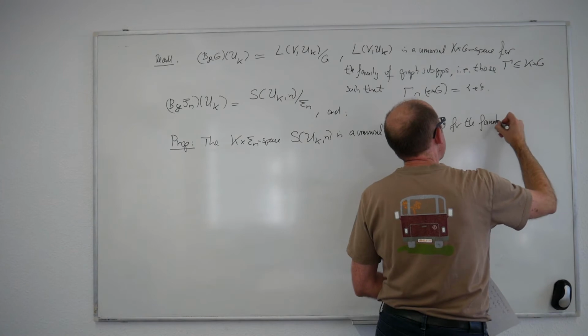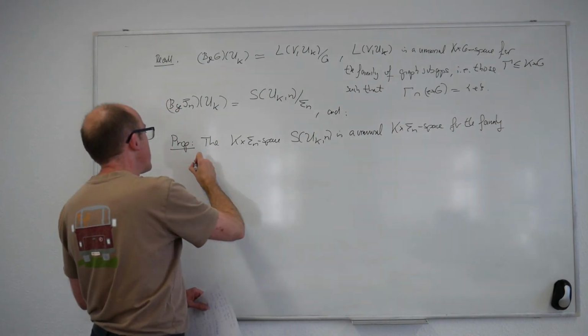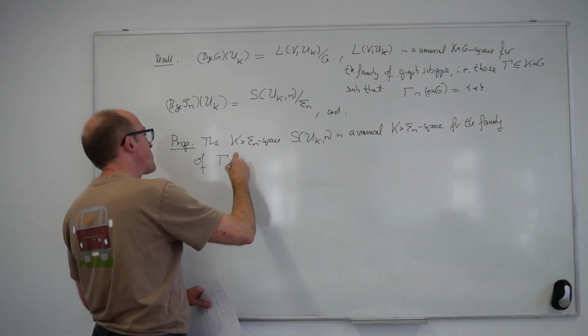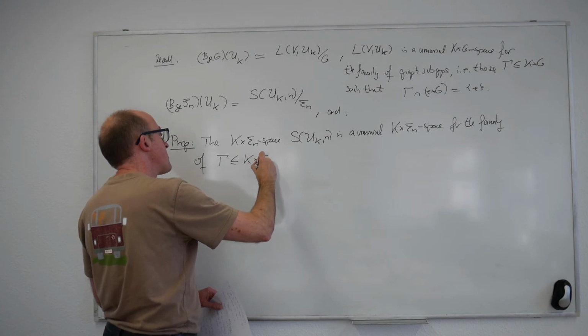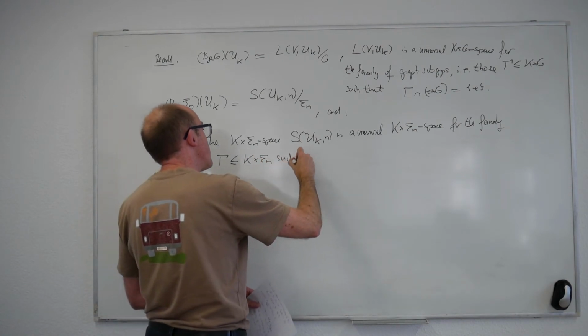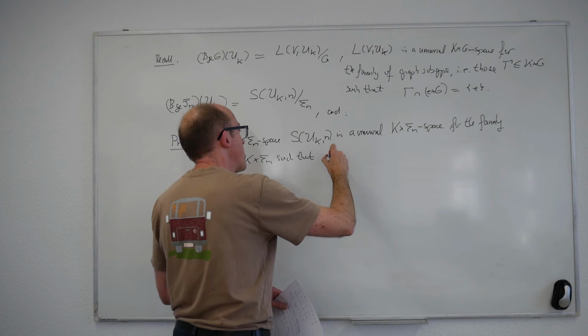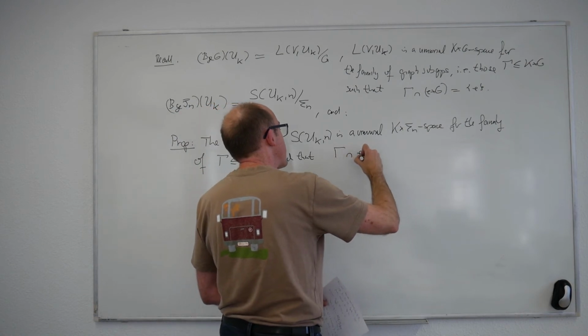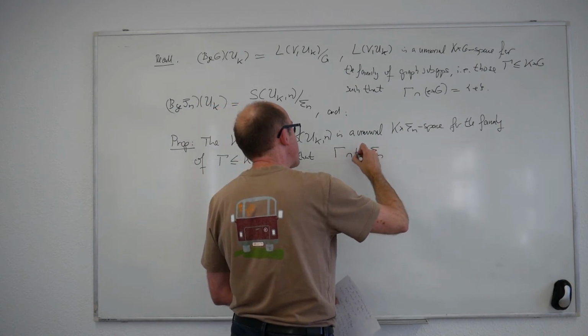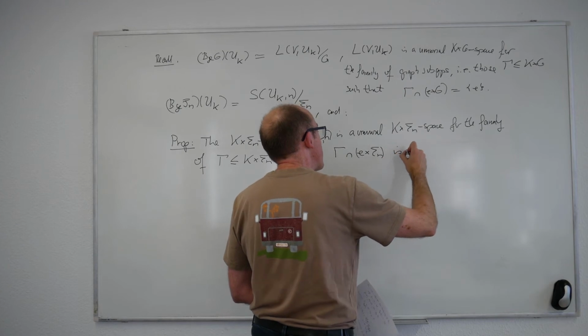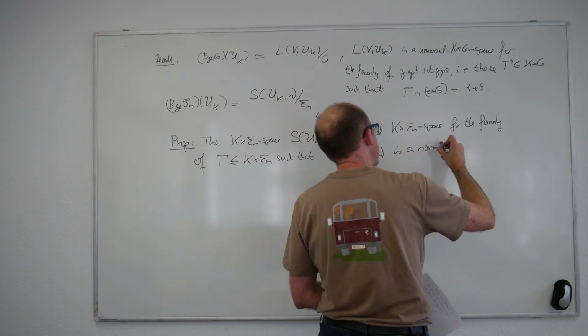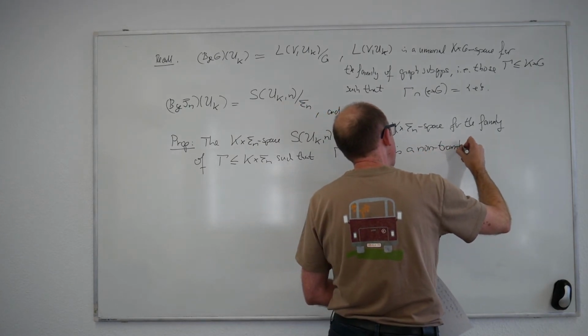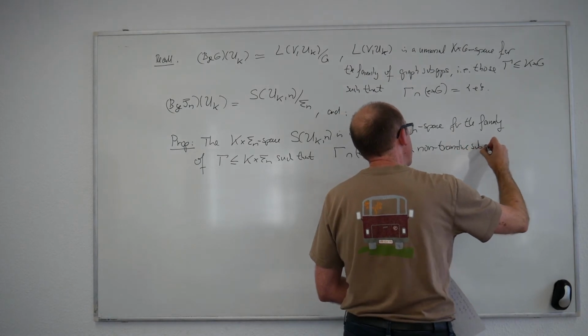For the family of those closed subgroups Γ in K × Σn such that when you intersect Γ again with the second factor, in this case with Σn, this is a non-transitive subgroup. That's where the name comes from. It's a non-transitive subgroup